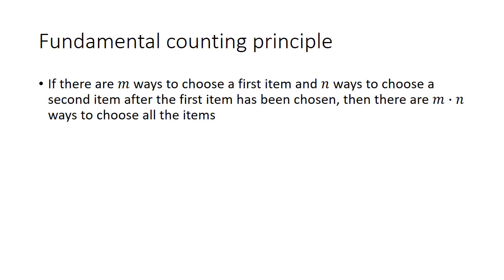If you have two items to choose, and let's say there are m ways to choose the first item and n ways to choose the second item, then the number of ways altogether that you can pair them would be m